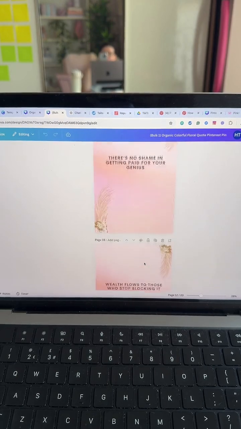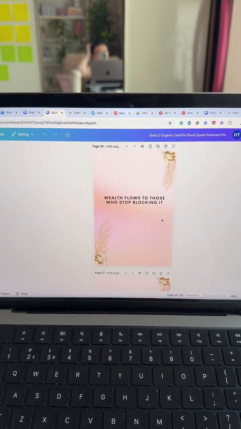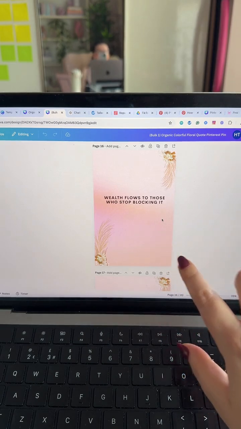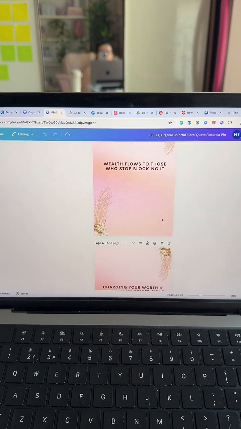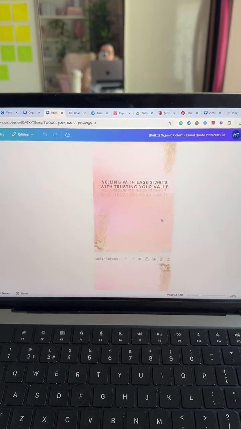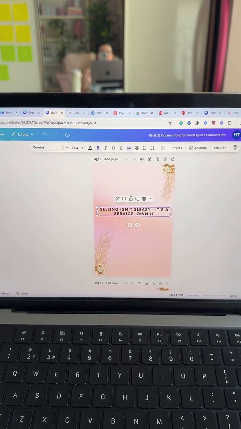Now, I think in the past when I've shown this, I've been like, there you go, it's ready to go. You can download them and upload them to Pinterest. And a lot of people were like, oh, but you can't put the same design on Pinterest. I probably should have mentioned that if I was to do that, I would spread them out massively, like 12, 15 days apart maybe. However, if you want to make sure that you don't get done for spam, you could just go through and change each one of these slightly.